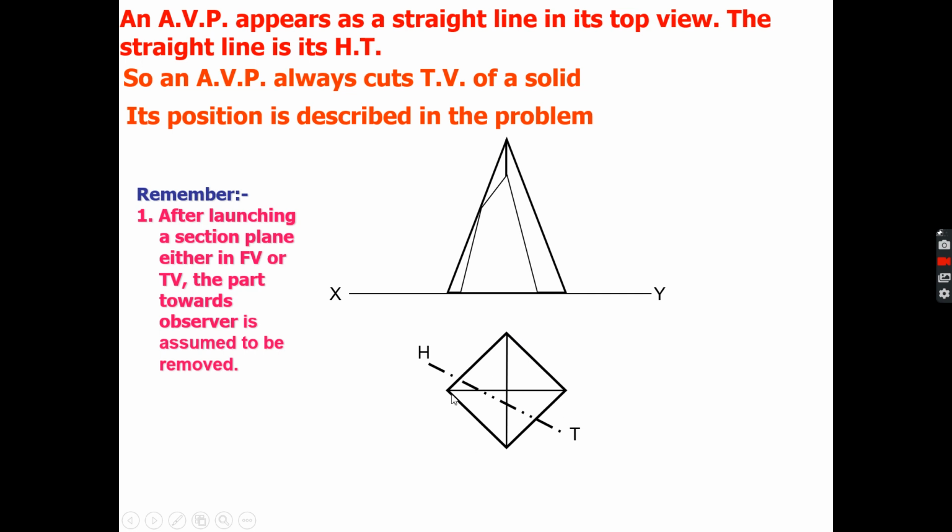So this is your, what are the two portions? One portion is dead and the second portion is dead. When you look at the object from here, your front view will appear like this. So what portion is nearer to you? This portion is nearer to you, so that portion